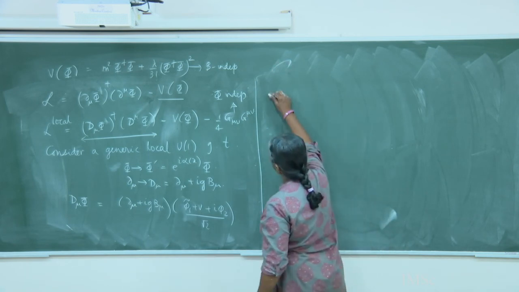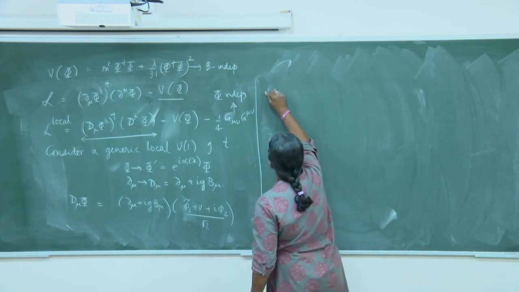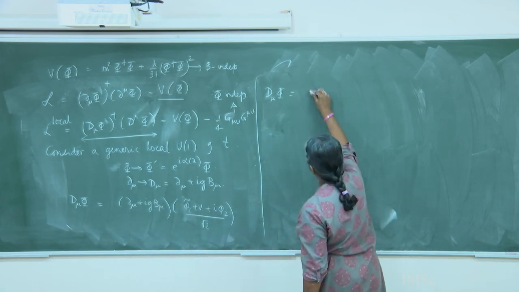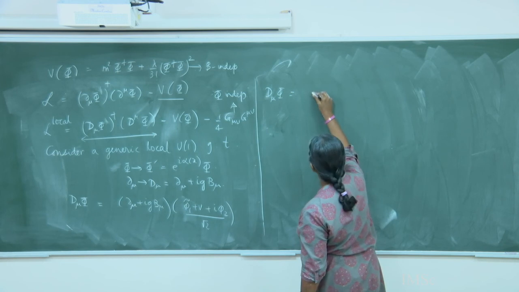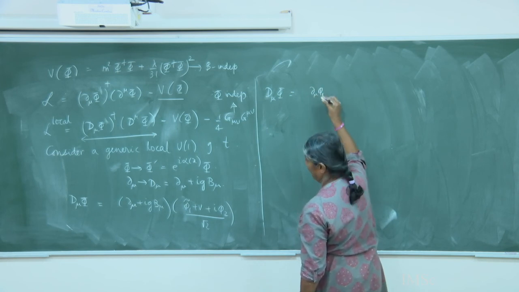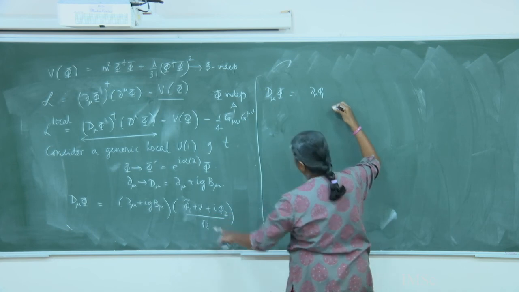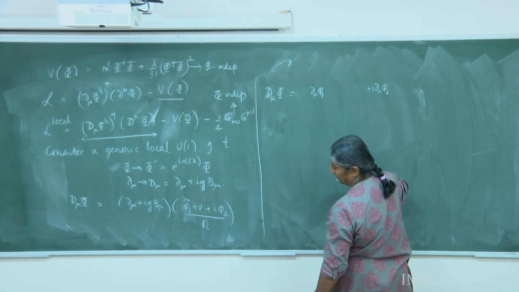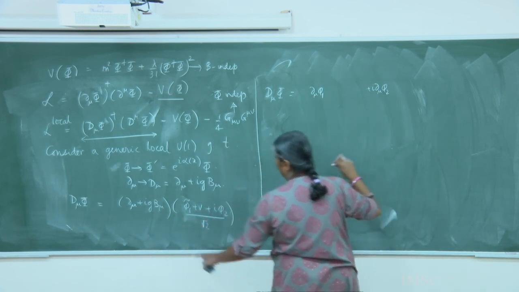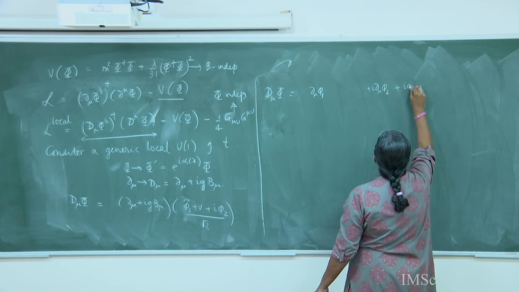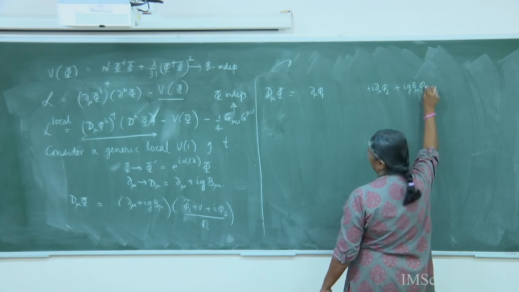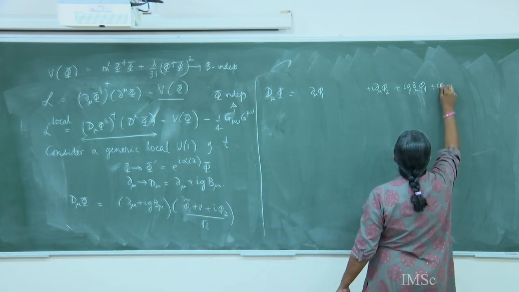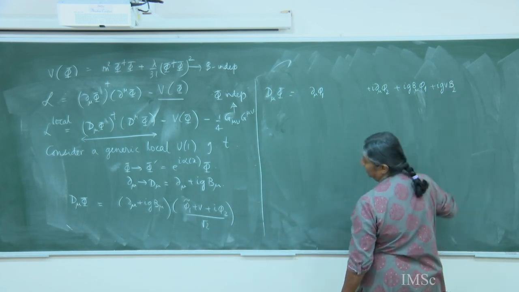So now let me write that down. So let me write D. So let me first take D mu acting on all these things. So it's D mu phi 1. So D mu V will be 0 plus i D mu phi 2, then plus i g B mu phi 1, plus i g V B mu,